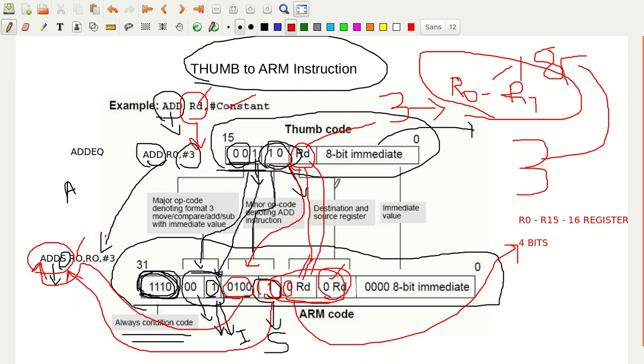Next, this is the shift value, isn't it? In this case shift value means the rotation, the rotation part that you have. Since whatever 3-bit value I have written, that can be accommodated in the 8-bit immediate value, what will be the value that we put in this rotation field? That is 0 0 0 0. Obviously you can only put this much here, the 8-bit immediate value.